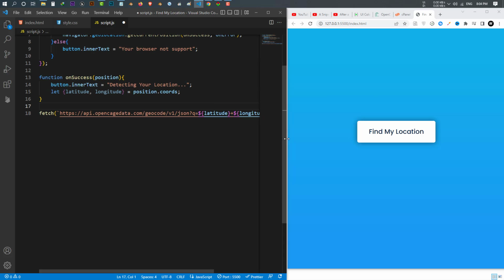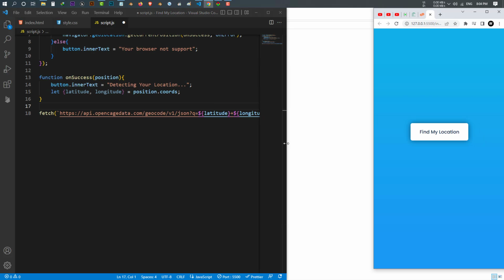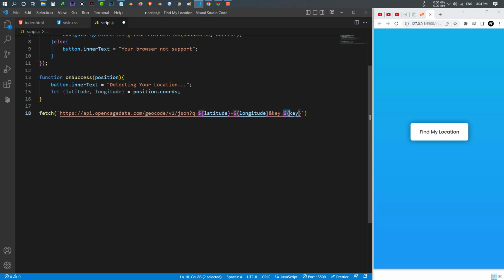I write it like this, but you can put your key directly in here, but I want to import my key from somewhere else. That's how I do it like this. So where this key comes from,